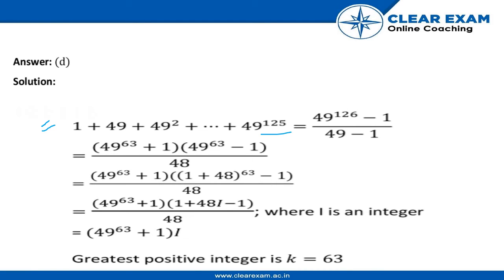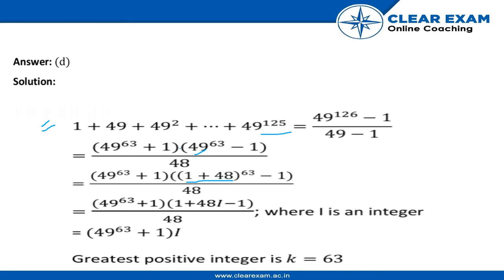and we are going to divide this. The equation further can be transformed as 49 raised to power 63 plus 1 into 49 raised to power 63 minus 1 upon 48. Now this 49 can be also written as 1 plus 48 raised to power 63 minus 1, and what we did